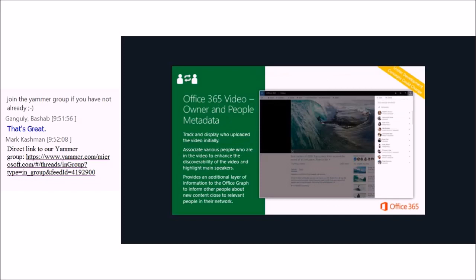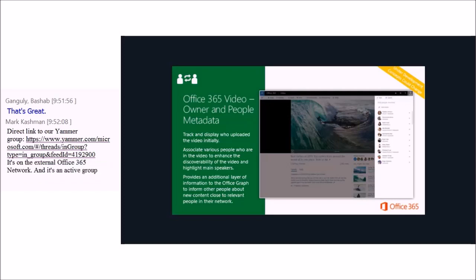The next feature we're working on is adding more metadata to the video. Today we have title and description for the video. What we want to add is a little bit more information about people. So we're going to show you automatically right under the video who uploaded the video, always, and that's going to stay the same. But then we'll add a people field over here where you'll be able to see